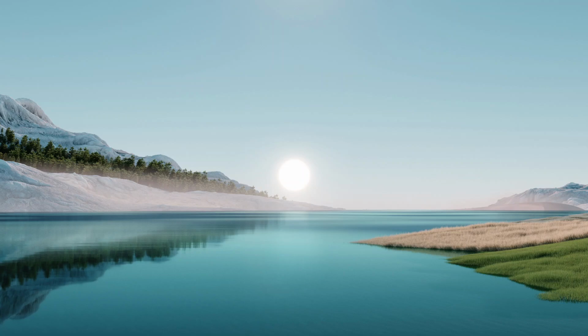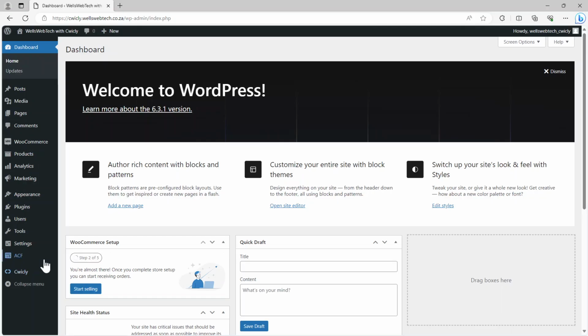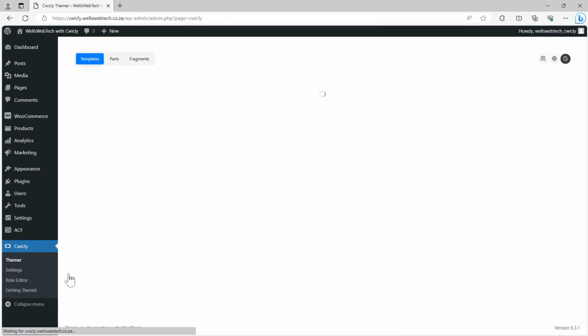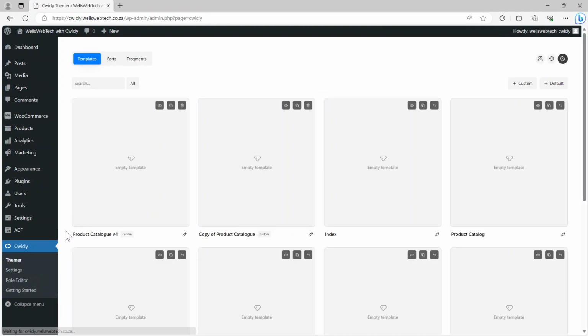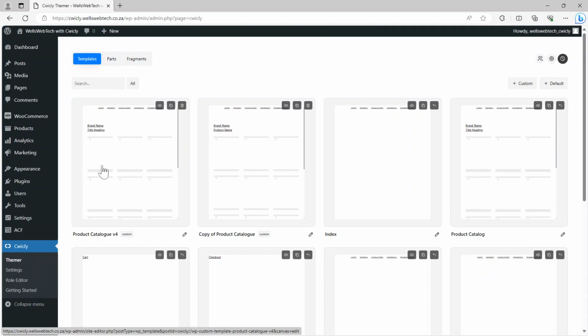I had completed the video recording for the Cwicly WooCommerce site, and I reached out to the Cwicly support team to figure out how you label the site and the blocks. So I wanted to just show you. One of the new features they've added is their own little navigator. When I go back to templates and go to product catalogs, I click on the edit option over here,